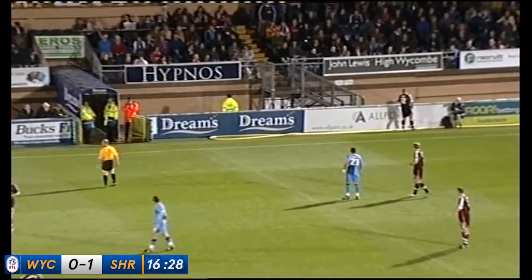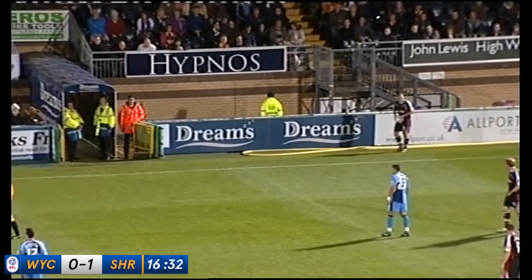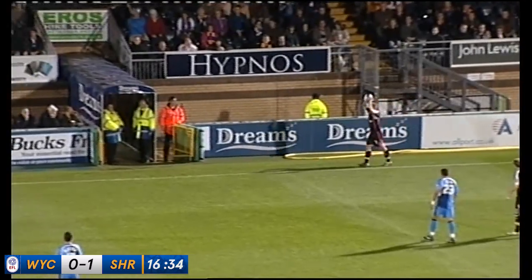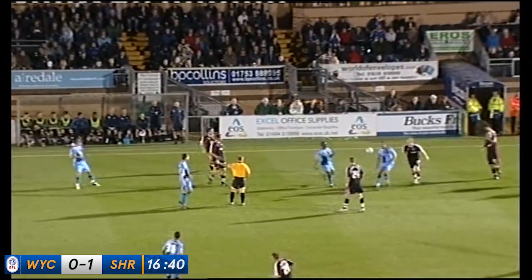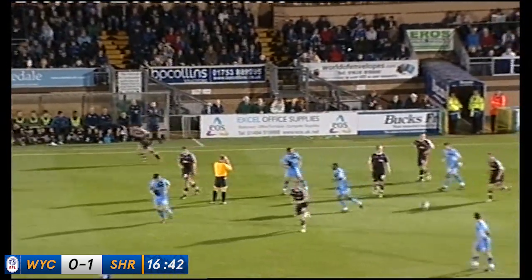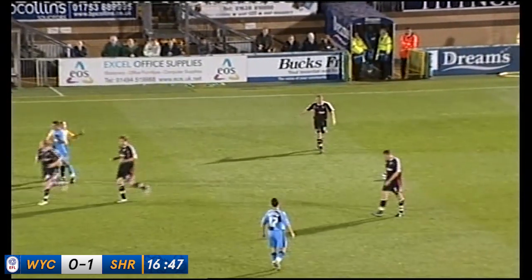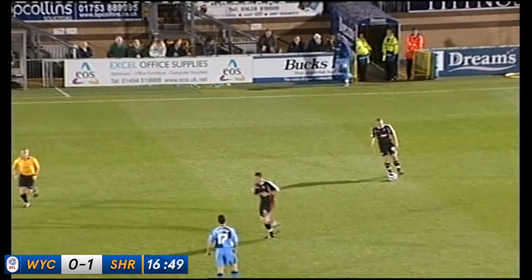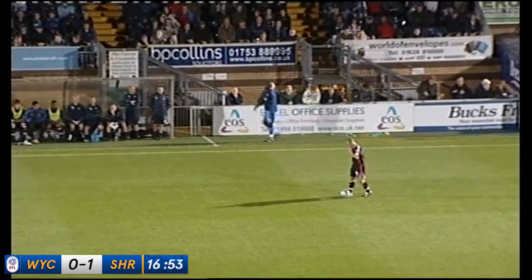Wycombe do have some useful players on the bench tonight to try and change things around, including their top goal scorer, Chris Zabrowski, who was on the mark in Saturday's 3-1 win here against Jimmy Quinn's Bournemouth. Thornton battling for the ball just inside his own half. He's caught late by Nathan Ashton, one of the young guns, hoping to catch the eye of the Wycombe boss Peter Taylor this evening, and Town will have a free kick just inside their own half, about 10 yards shy of halfway,